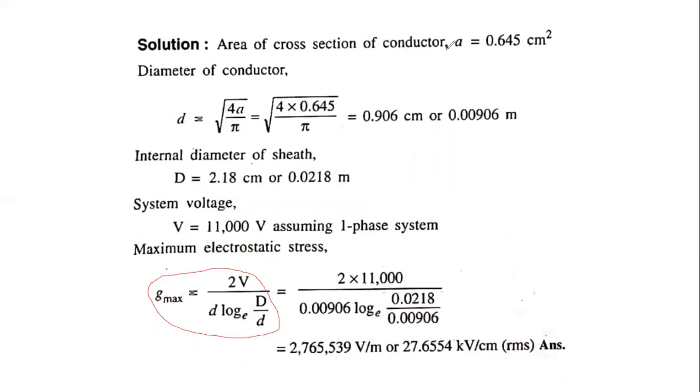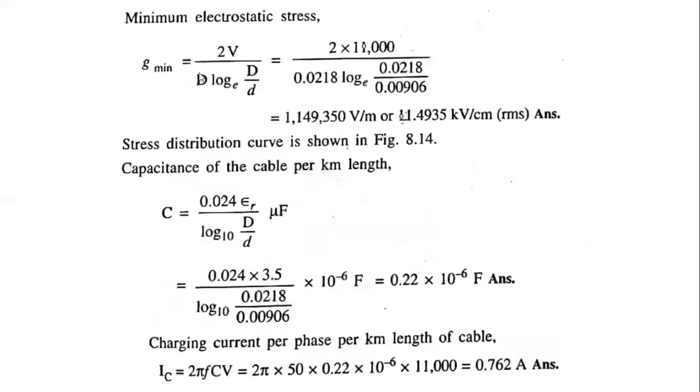Okay, next we calculate the G, we remember the formula for G minimum. Therefore G minimum is equal to 2V by D log e, capital D by small d. Okay, this is the minimum electrostatic stress formula, and this is the capacitance formula,